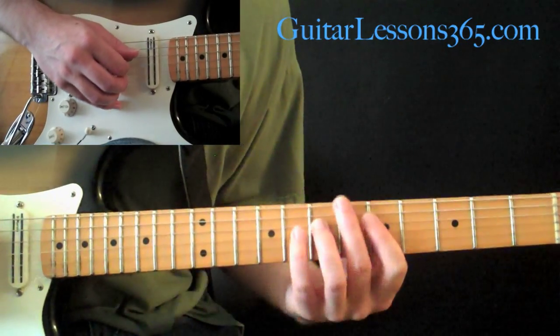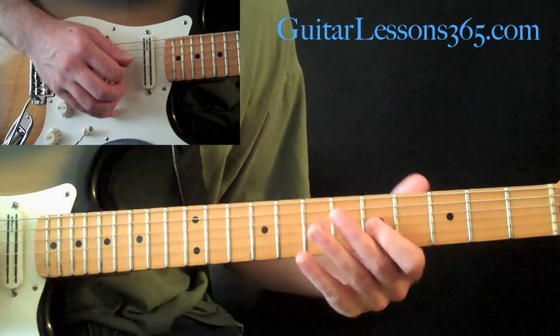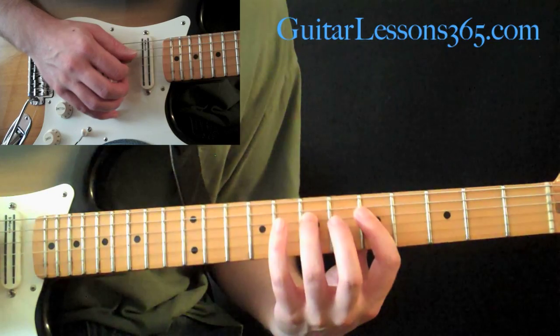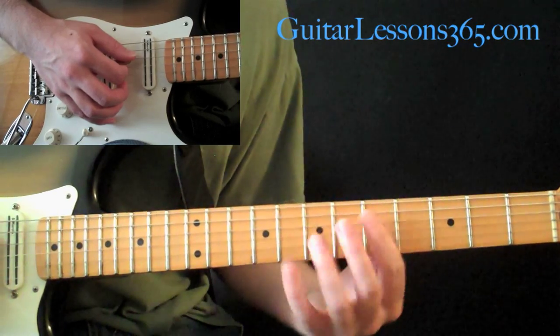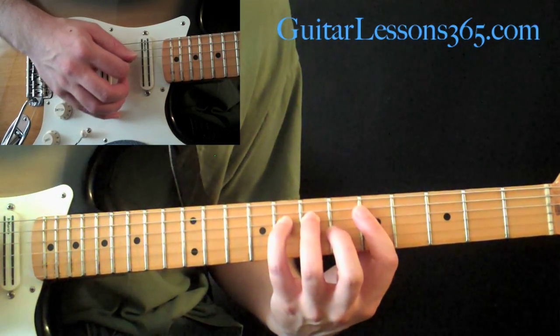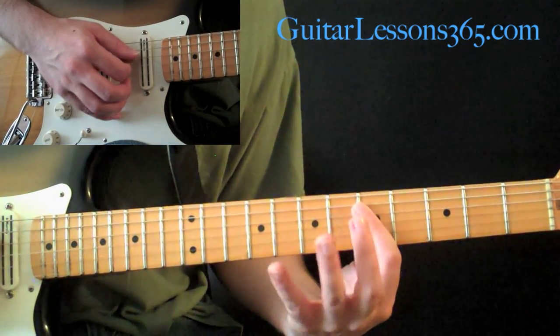Then we have this kind of Hendrixy thing, which is you're still holding the bar here across the G and the D strings, but you're going to add your 7 on the D string, and you're going to pick those 2 strings, so you have 7 here and 5 on the G. Hammer onto the 8th fret on the D string, back down to the 7, back down to the 2 5s,